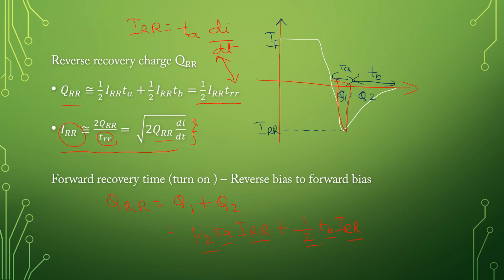So if a diode is in the reverse biased condition, we have observed that only a small leakage current flows, which will be due to the minority carriers. The application of the forward voltage makes the diode conduct only in the forward direction. If the rate of rise of this forward current is high and the forward current is concentrated only in a small area, the diode may fail. So whenever we are designing, we have to work according to the limitations which are specified in the data sheet by the manufacturer.